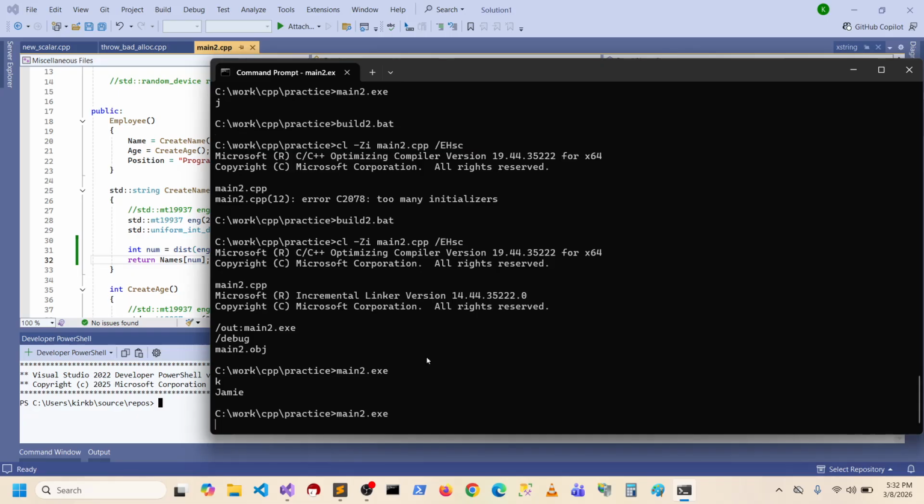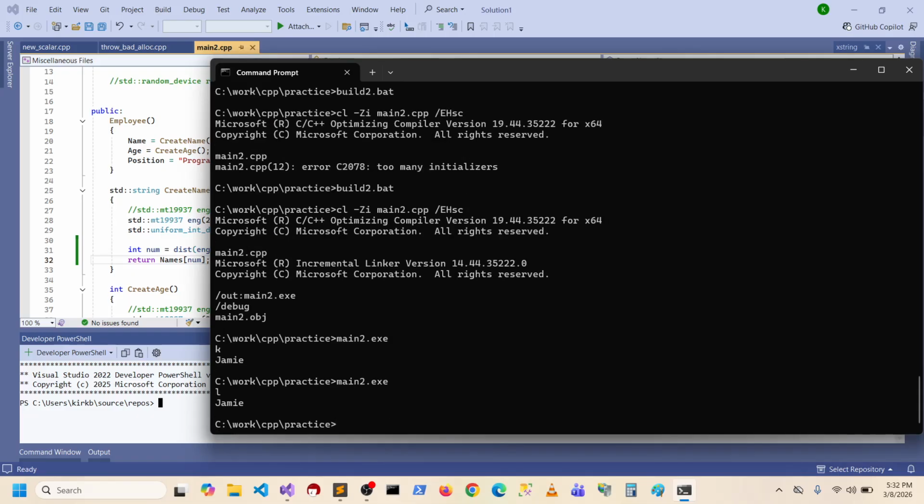Oh, it did print Jamie. Okay, so yeah, it's working now. Hold on a minute. Let's just run it. Yeah, so it's actually working now. But let's go ahead and